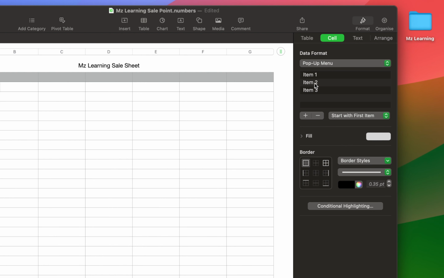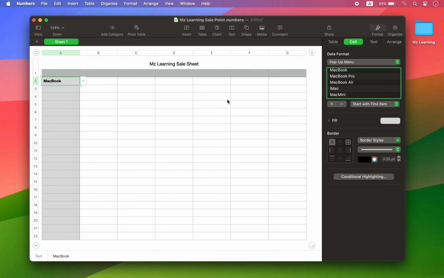By default, you will see 3 items here. To edit them, simply double-click on each one. If you wish to add more items, click on the plus icon. Similarly, if you want to remove any item, select them and click on the minus icon. Great, our list is ready, but